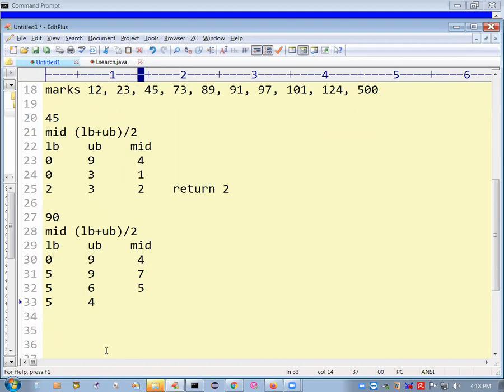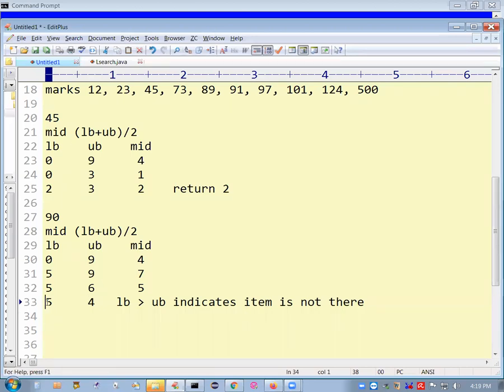Only as long as you have the elements can you compare. If you don't have elements, you cannot compare. So here, what are you saying? You want to compare elements between index 5 and index 4. So your lower bound is greater than the upper bound. Whenever this kind of condition happens, that means if LB is greater than UB, it indicates that the item is not there in the array. You have exhausted all of them, basically.